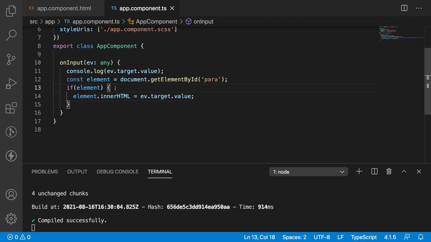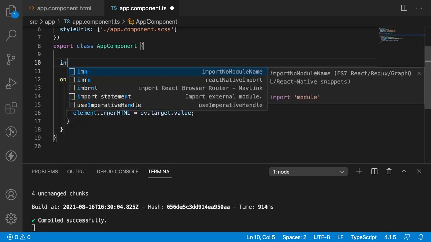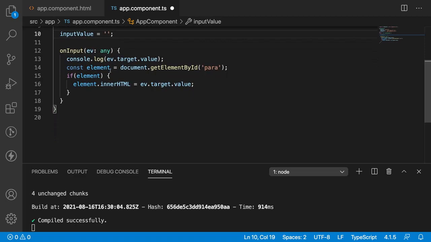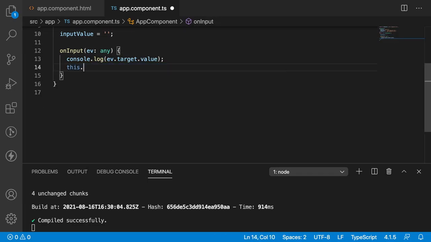So to resolve this, one step ahead, let me create a variable directly. That means inputValue is equal to a string value. By default I'm giving a string value, and instead of using all these elements, I can directly assign that input value. this.inputValue is equal to event.target.value.